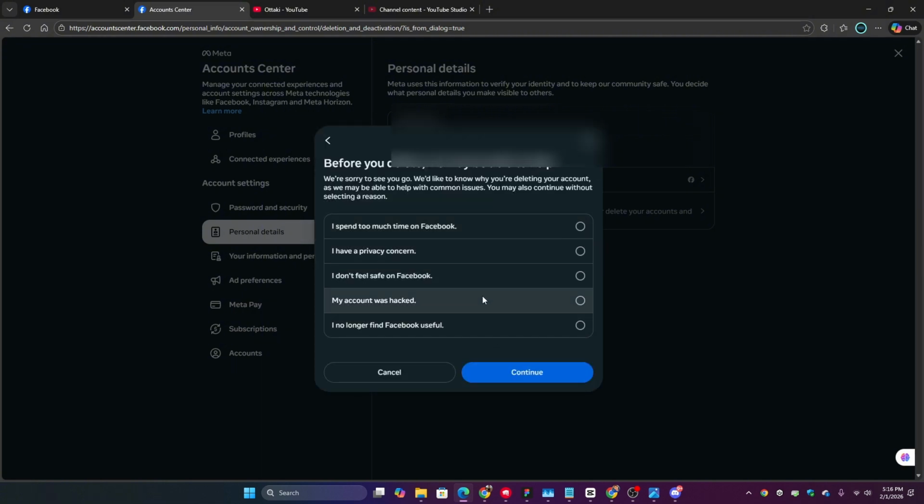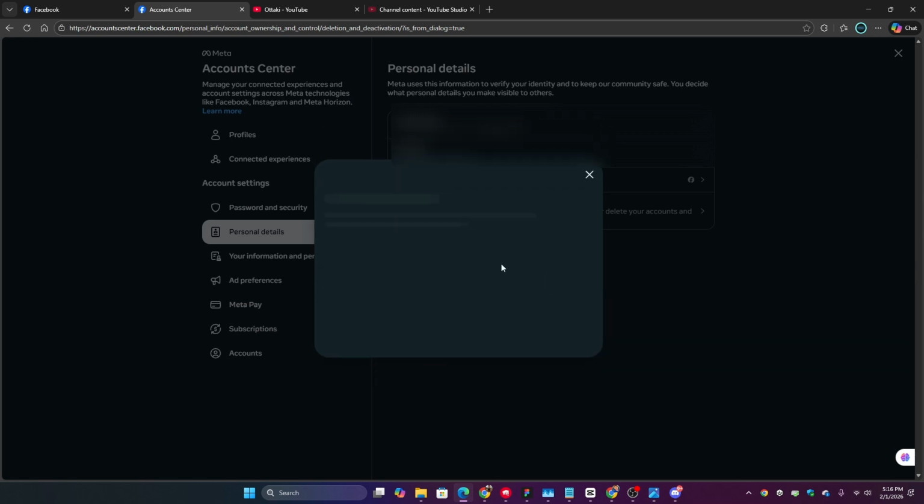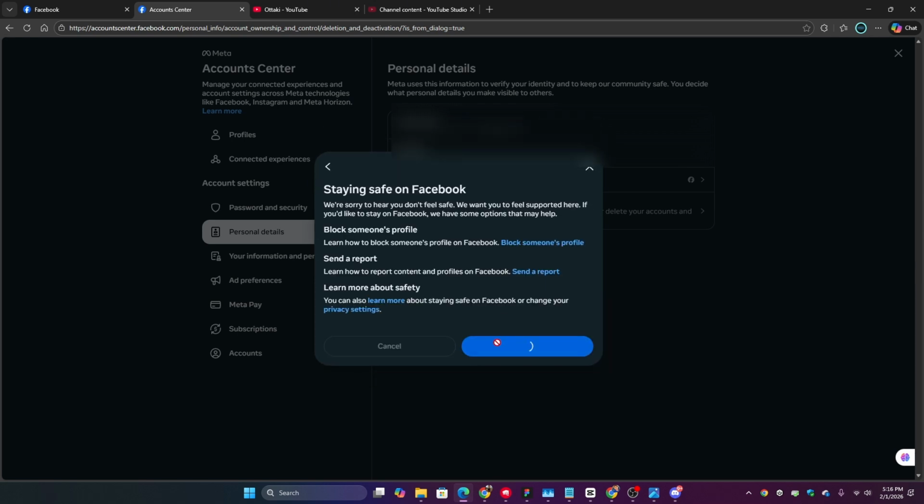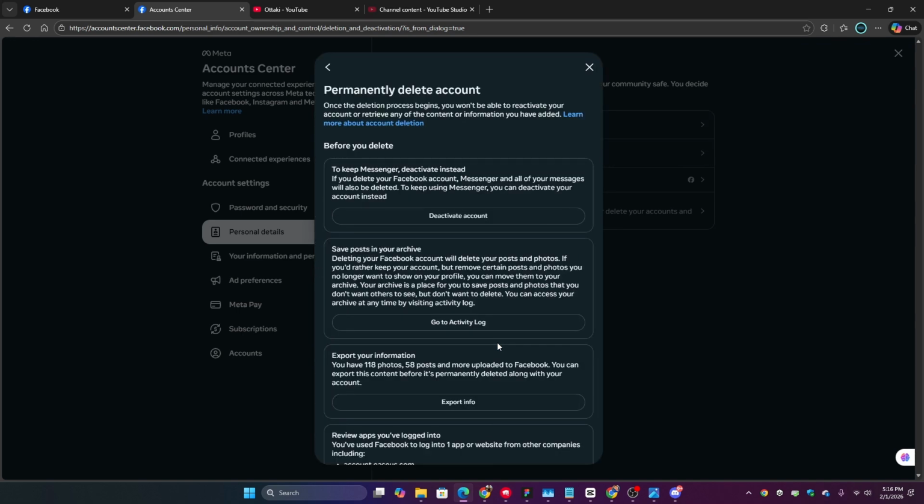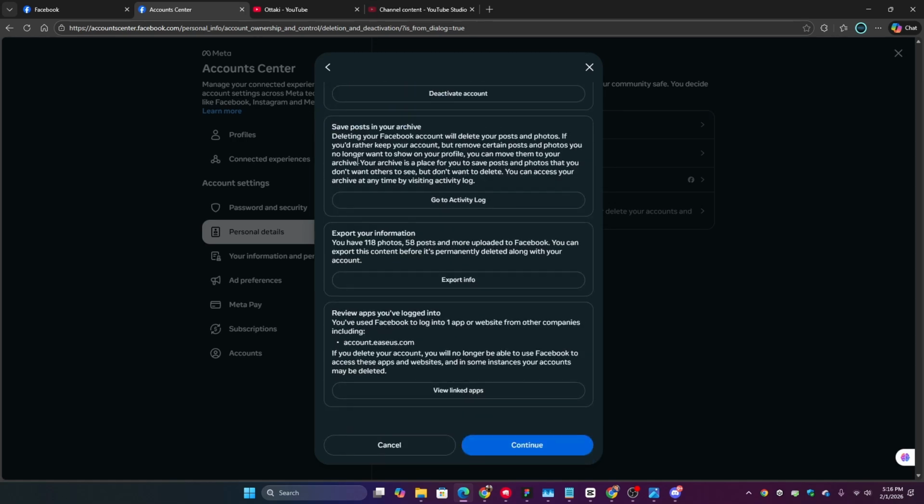I will just mention a reason: I don't feel safe on Facebook. I will keep continuing, and then I will go continue, and then you can do all of this before you delete. You can do all these things to back up your messages and so on. Just press continue,